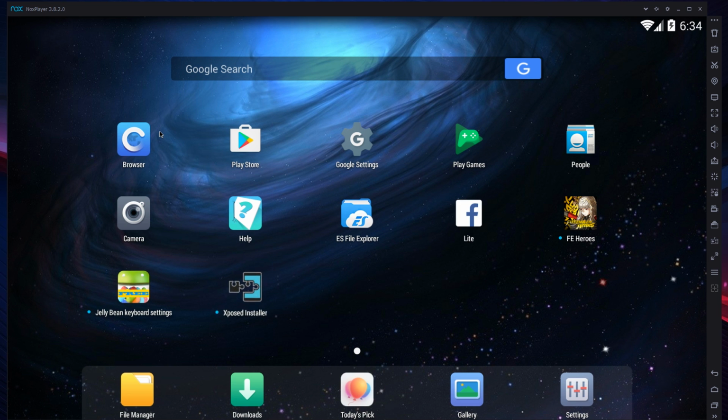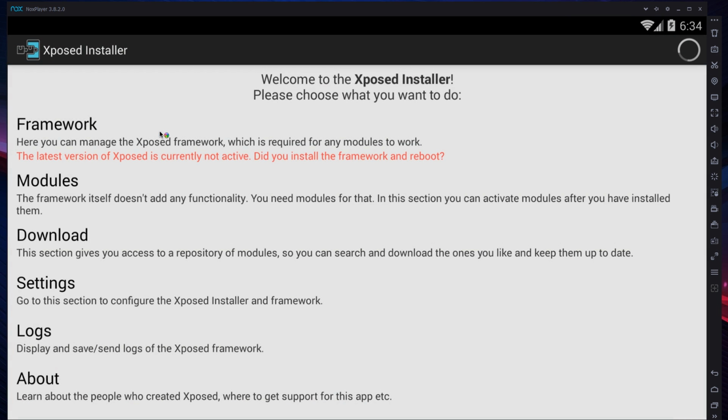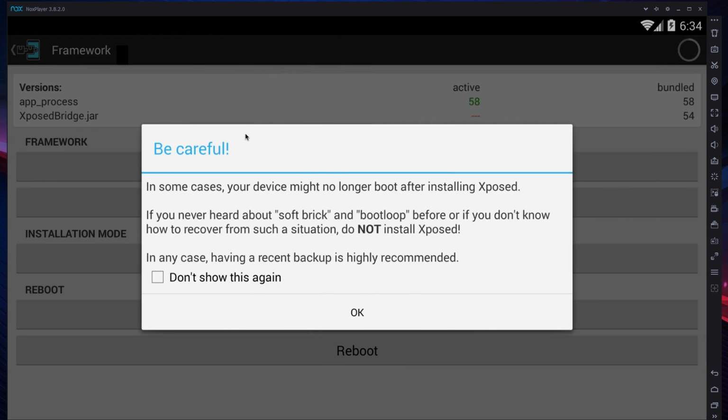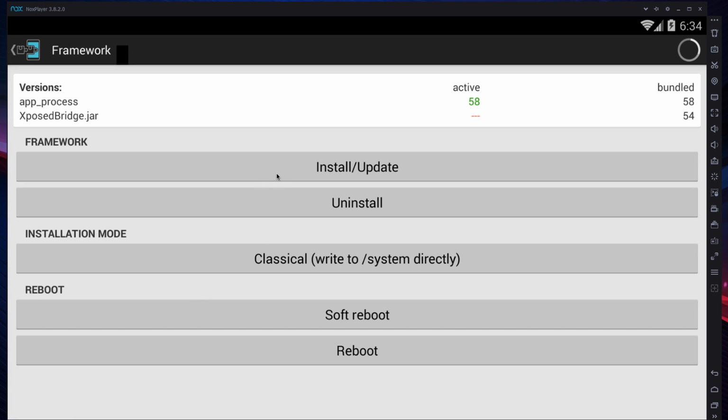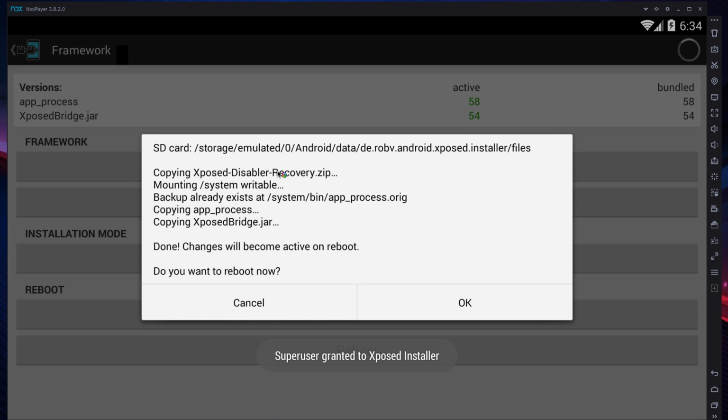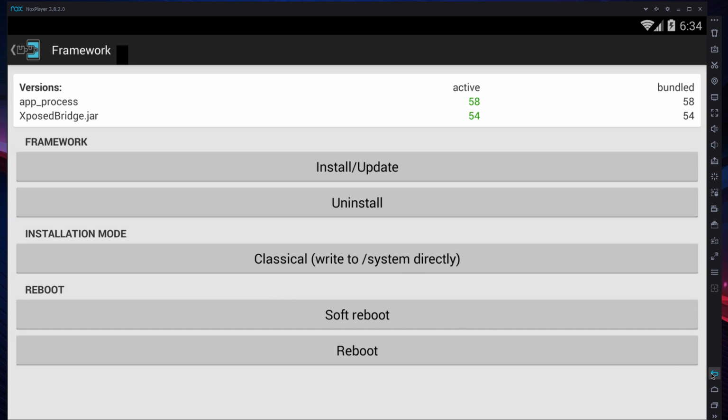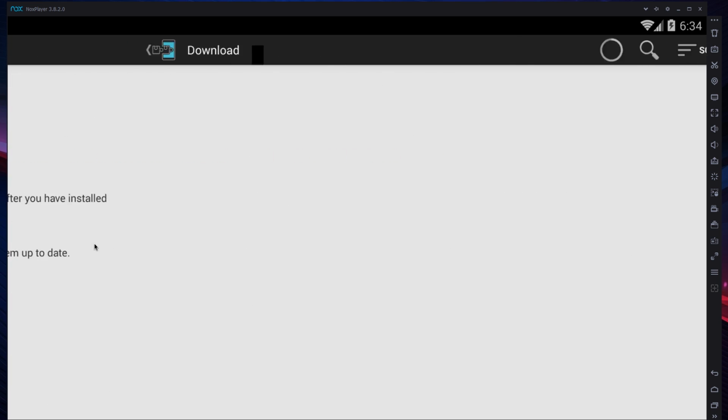So first of all, you want to install Xposed Installer. After it's done loading, you want to press on Framework, and here you want to tick do not show this again and press OK, and then you want to click on install/update, and after it's done updating, it will ask you to reboot. So click cancel and go back to the main menu, and here you want to click download